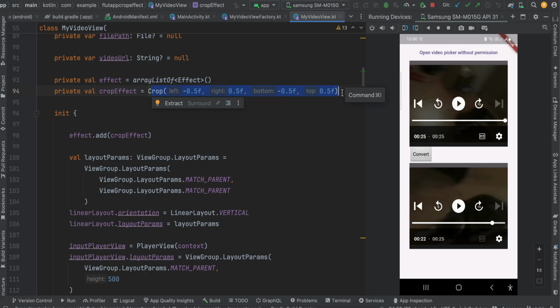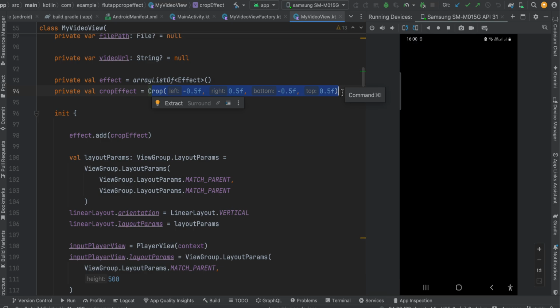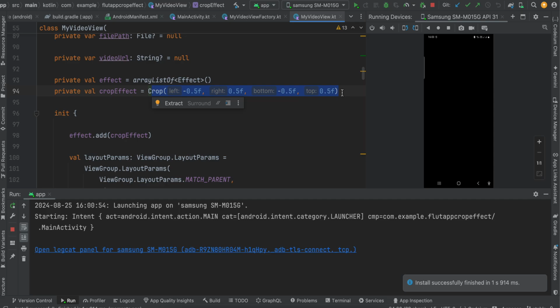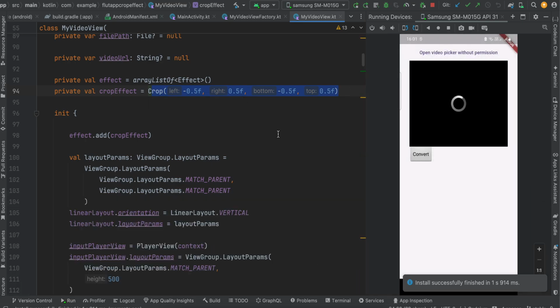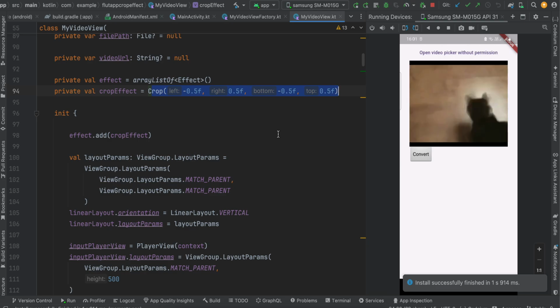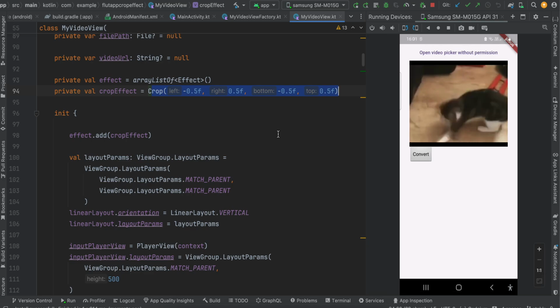I have hard coded this for now, but in case you want a tutorial on how to allow the user to select what needs to be cropped in a video, do let me know as well. I'll make a tutorial about that as well. So now as soon as the video starts playing, the crop effect has been applied, and it will play the cropped video. So here you can see this is the cropped video. It is not playing the original video. Okay,